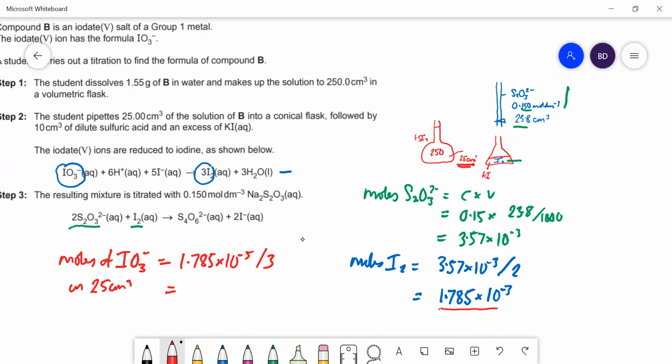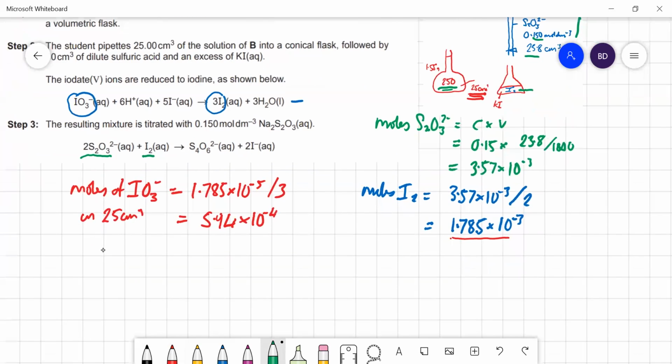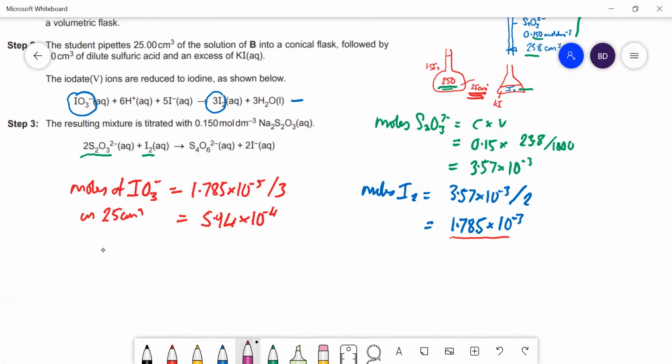Which is equal to 5.94 times 10 to the minus 4. Right, that's in 25, but we need to find out how many moles in 250, because that's all of it. So we multiplied that by 10. So that's 5.94 times 10 to the minus 3. Okay, now we're at the point where we know the moles of iodate, and we know the mass of iodate,